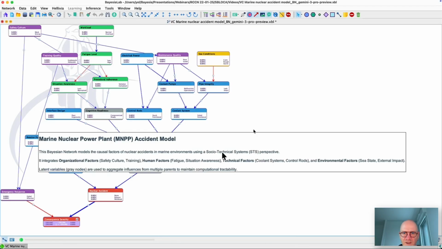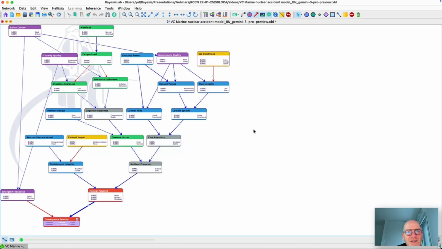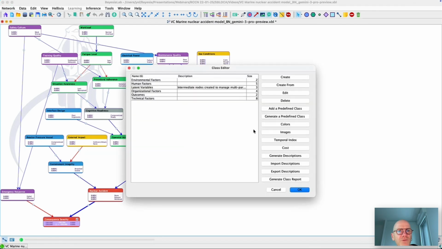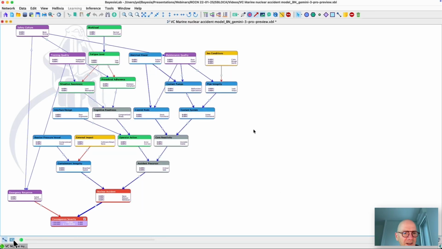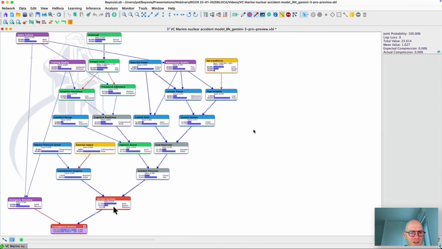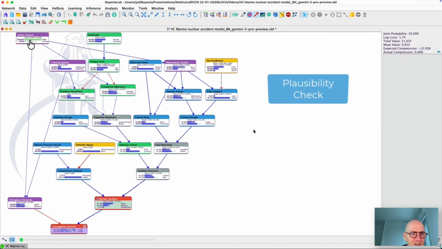And I can see, so I have my executive summary here in HTML. I have different colors, which means that I have different classes. I can see that I have nodes that have 2 states, others 3 states, and I can even see in purple at the very bottom of my network that I have a utility node, right? So even though I did not ask for a utility node, it just added a utility node